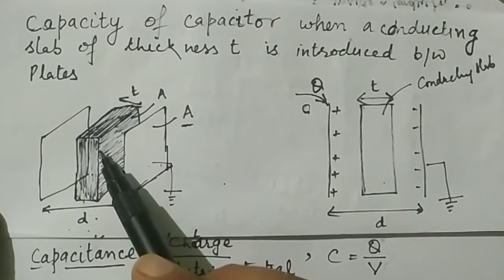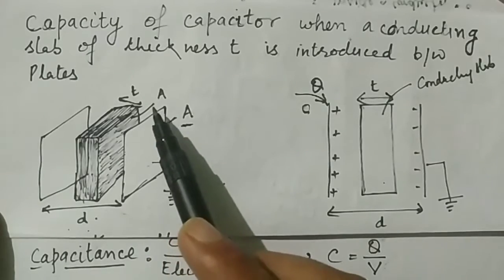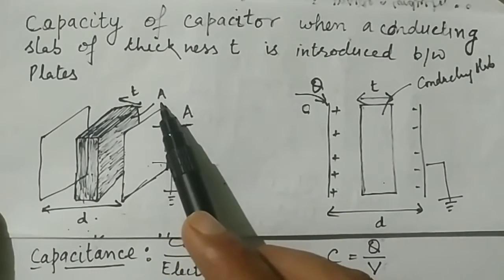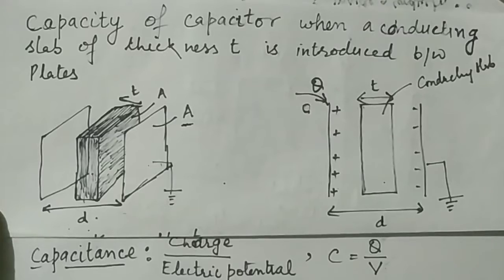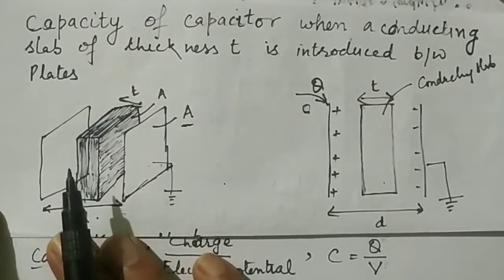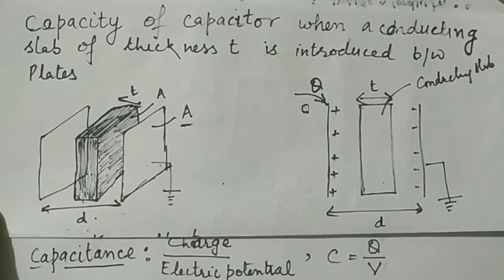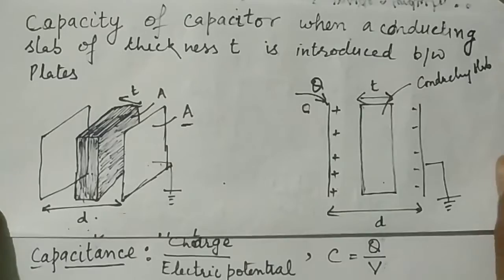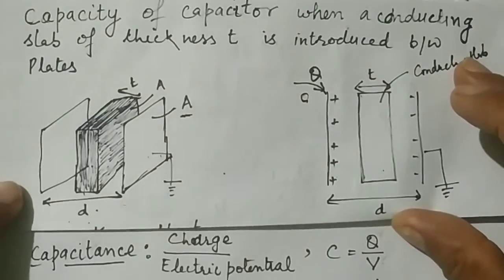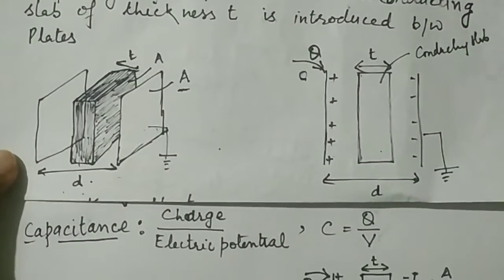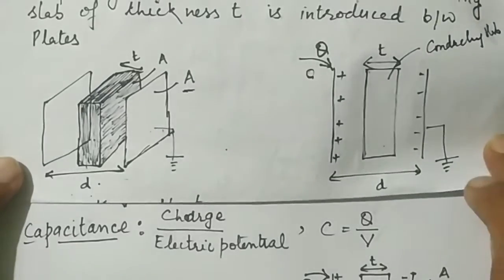This slab has the same area A. So this forms a parallel plate capacitor with a conducting slab. Now I want to find out the capacitance of this arrangement. To find the capacitance, we go to the definition of capacitance. So we know that capacitance is defined as